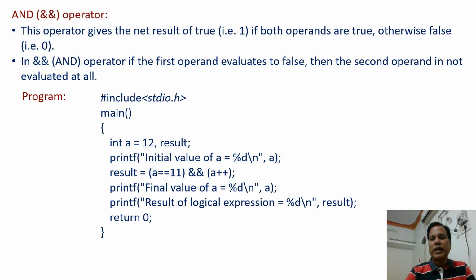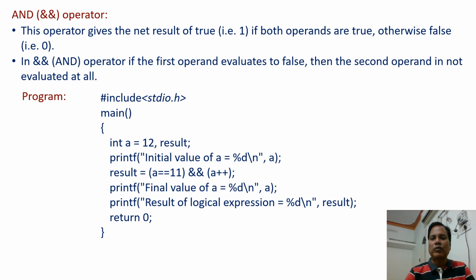So on the right side of the assignment operator, in brackets, a == 11 && a++. So in a == 11, here the value of a is 12. So 12 equal to 11, this is false. So if this condition is false, once we find that in the AND operator one condition is false, the result of this AND operation is going to be false, that is 0. So 0 is assigned to the left side variable result.